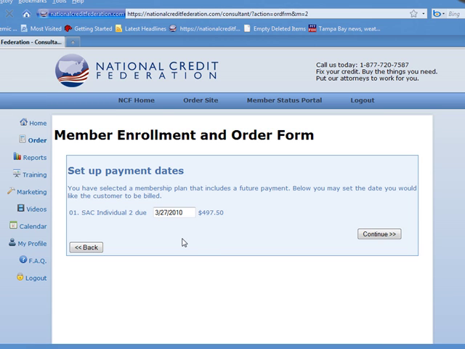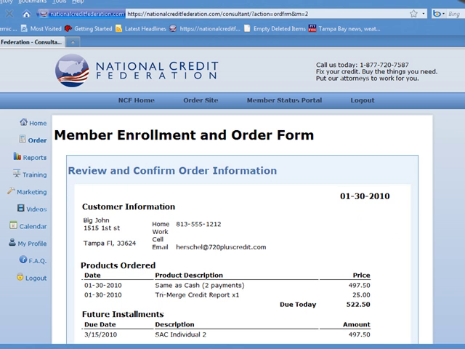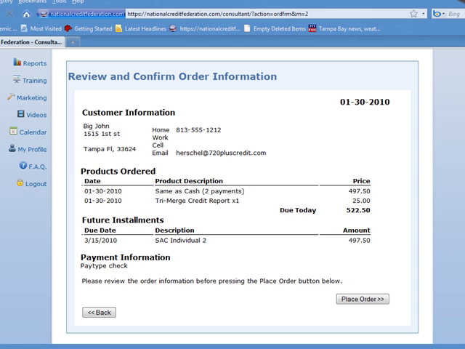Again, they're going to take that first payment today, but this is asking when is the next payment going to be due, and you've got the ability, if they say, well, I want to have this due on say the 15th, you can go ahead and make that due the 15th, and it'll automatically be taken. So you've got the capacity to make those little changes within the forms. The automatic default is 30 days out, but continuing on is the review and confirmation order page, and this just